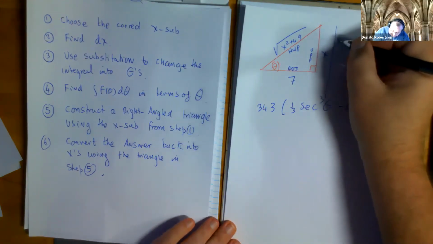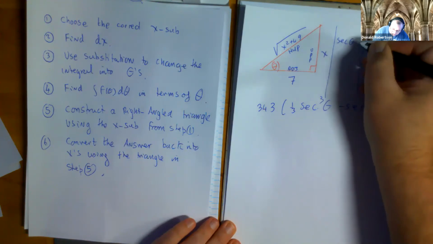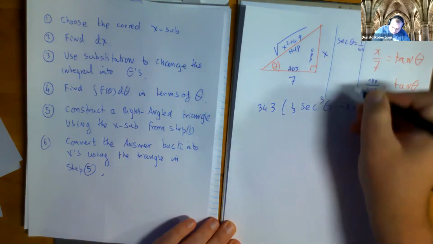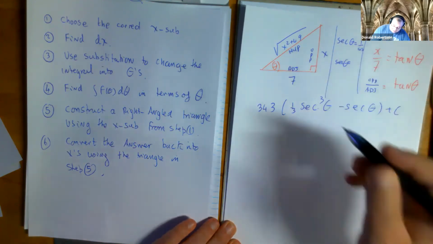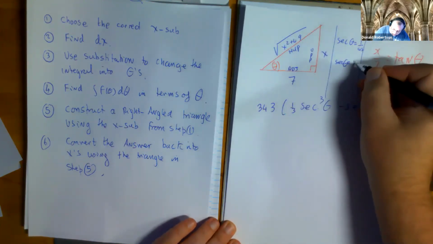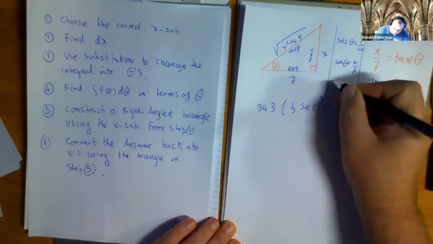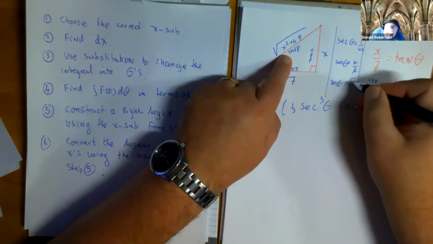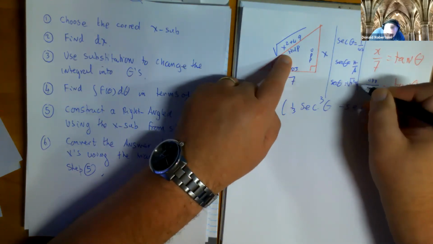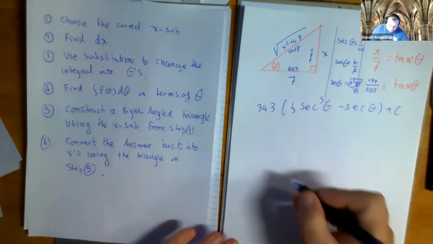Let's see what you just said, because she's right. Isn't the secant 1 over cos? Well, a cosine is adjacent over hypotenuse, so won't this be hypotenuse over adjacent? So that means secant is that ugly square root over 7. So we now have